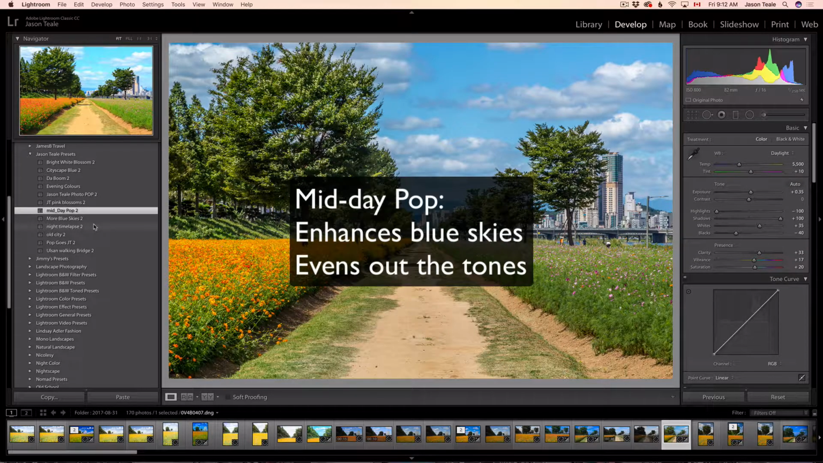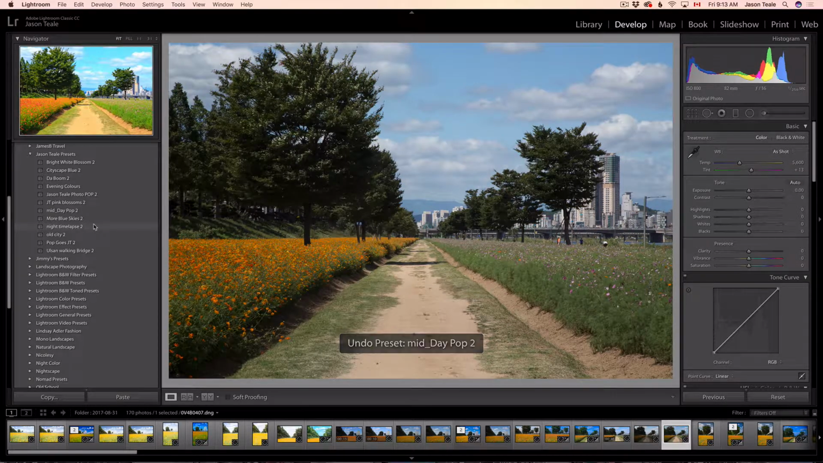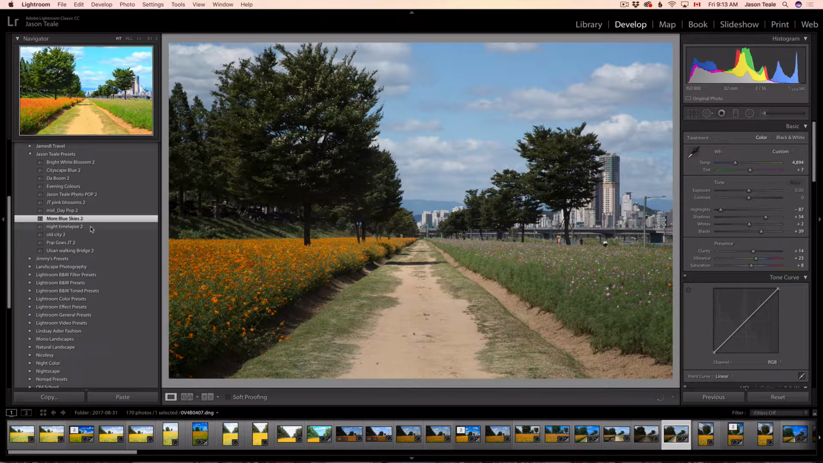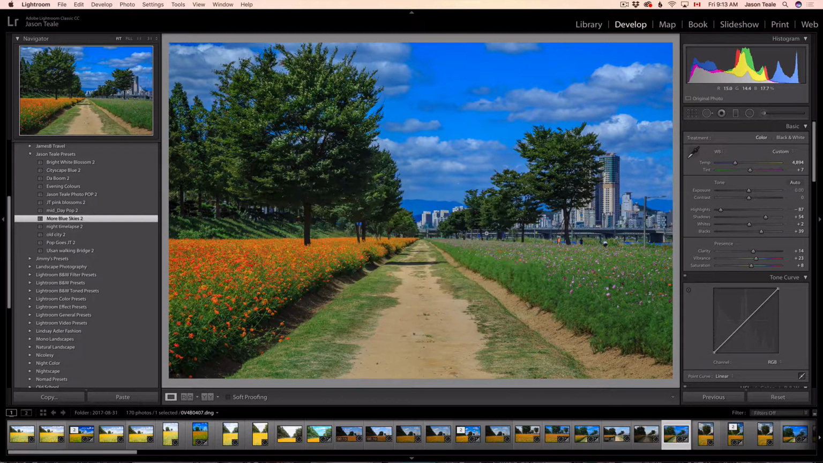This was taken around lunchtime, so it just really gives it that burst of color and accentuates the overall look, especially the blue skies. So we're just going to Control Z to remove that. More Blue Skies. You may or may not like this, but if you're really looking to emphasize the blue sky and sort of cool things down a bit, now this may not be the exact image that you want to use this for, but just for the sake of simplicity,